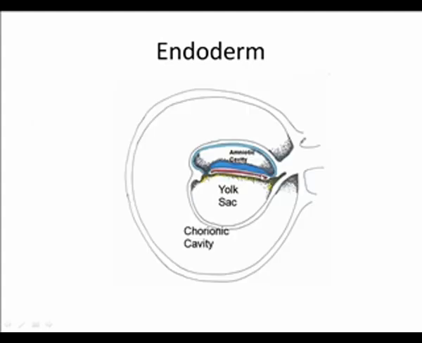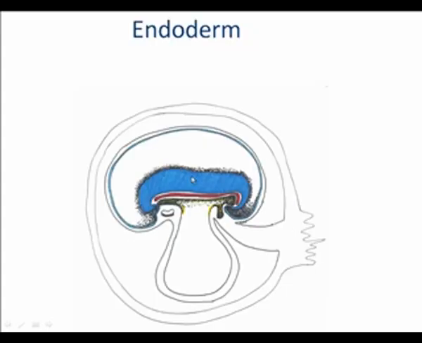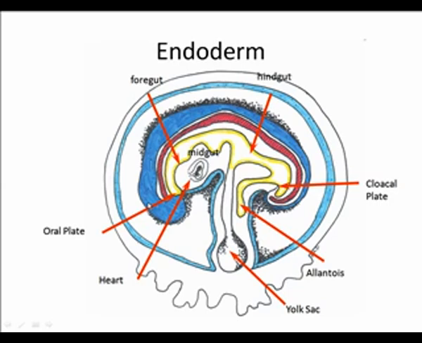And what's going to happen is during head and tail folding, you're going to get rapid elongation of the neural tube, and as that neural tube moves forward, it will continue to push the heart region in a more caudal direction. In addition, it's going to leave the gut tube in two little cul-de-sacs, one anteriorly here, cephalically, and one caudally. And what you're going to end up with then is a foregut, a midgut, and a